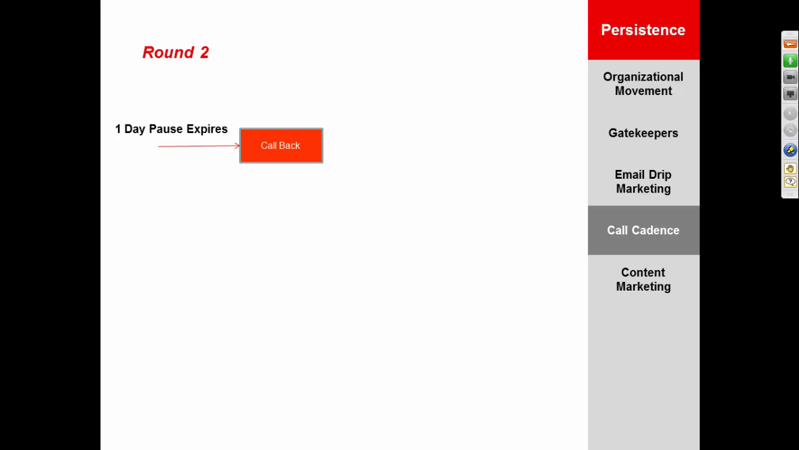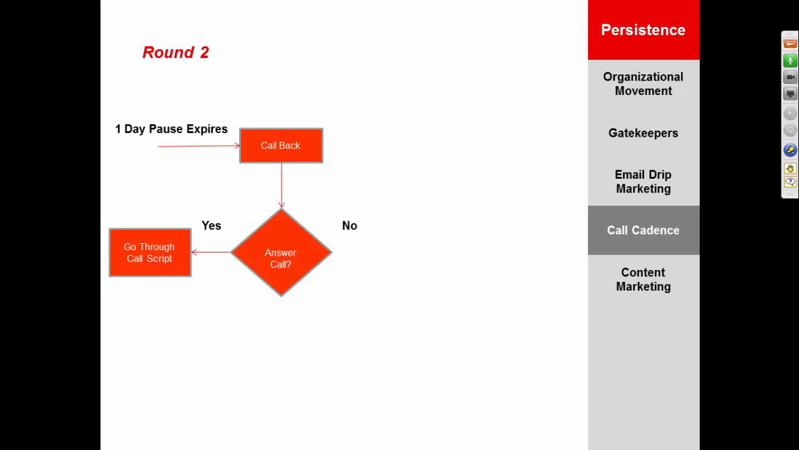Now round 2 begins when the 1 day pause expires. So the 1 day pause expires, and now it's time to call them back. So it's really day 2 in this scenario. So now we call back. Again, did they answer the call? Yes, they did. Okay. Go through the script. No, they didn't. Okay. Leave